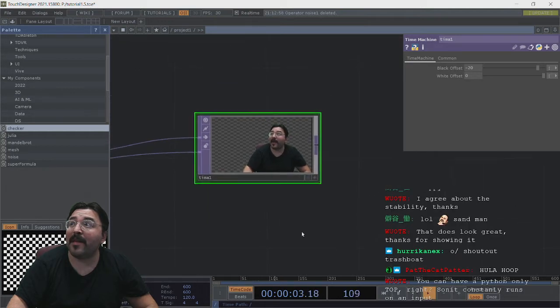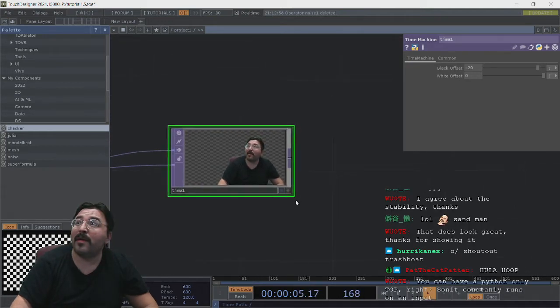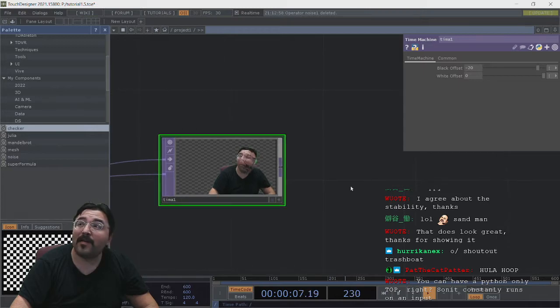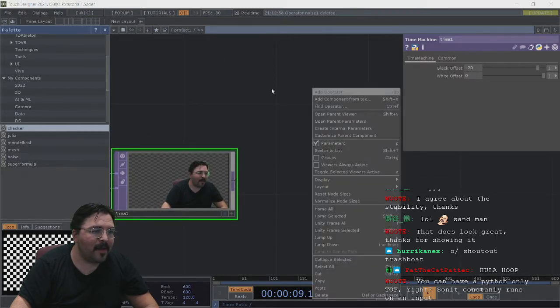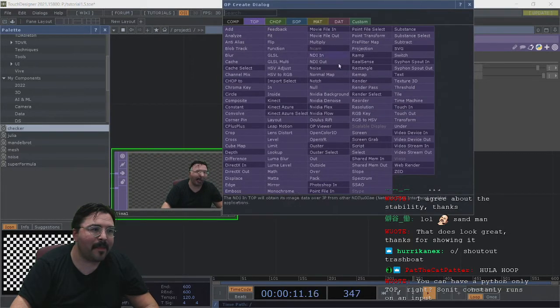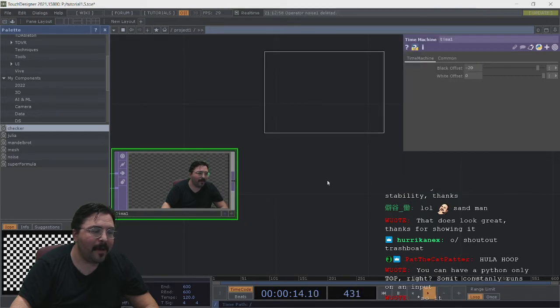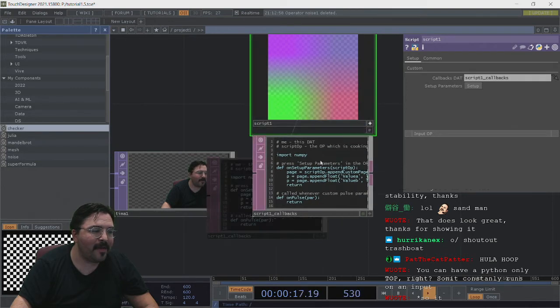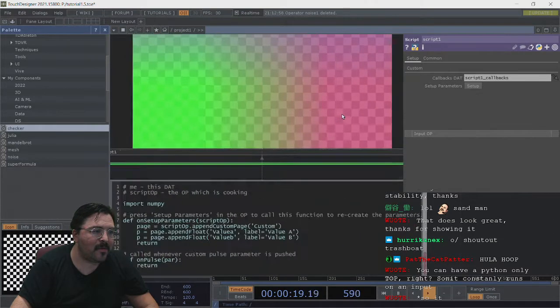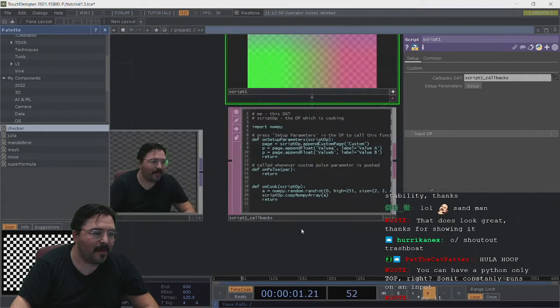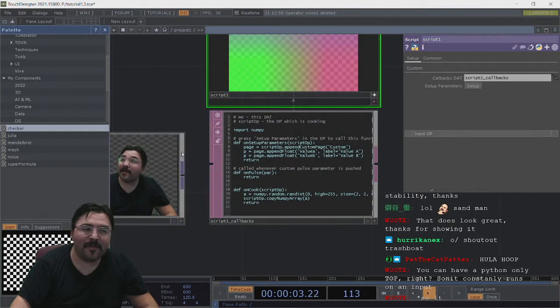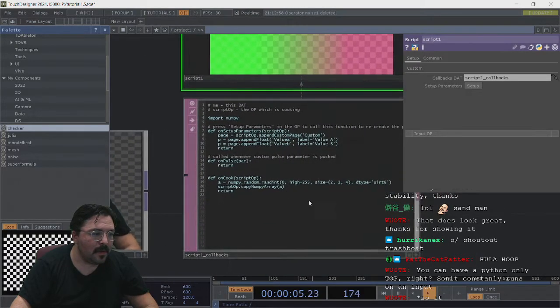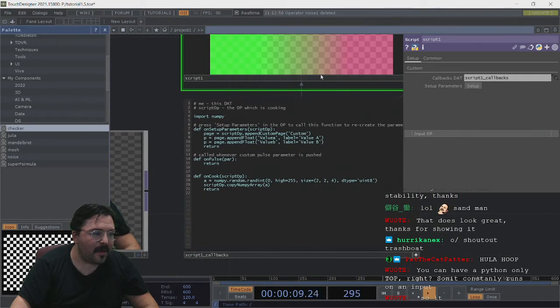You can have a Python only top. Yes. To answer Rote's question. So you can add a Python top. So that's a script top, which uses NumPy, or you can use NumPy and OpenCV to send textures out. So in this case, this default script is just creating a random grid of